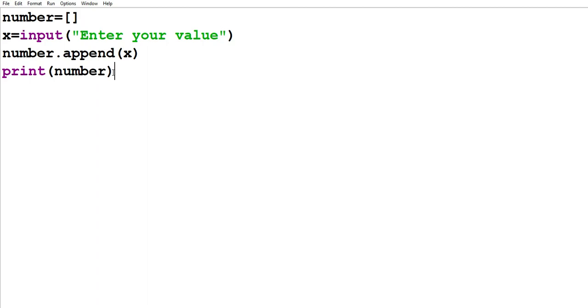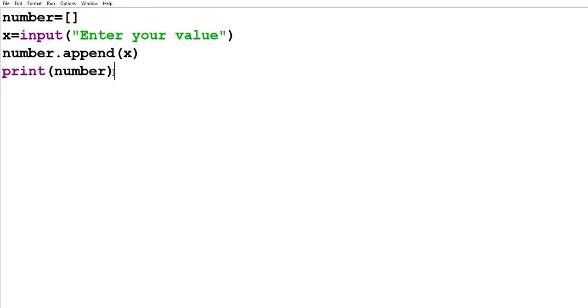Now we will try to enter a particular value at any index number in the list. As we all know, every value has an index value in the list. We also know that the indexing of any list starts from 0. So here we will discuss a new method which can be applied on the list, that is the insert method. What is the use of the insert method? The insert method is used when we want to add any given value from the user at any particular index value.